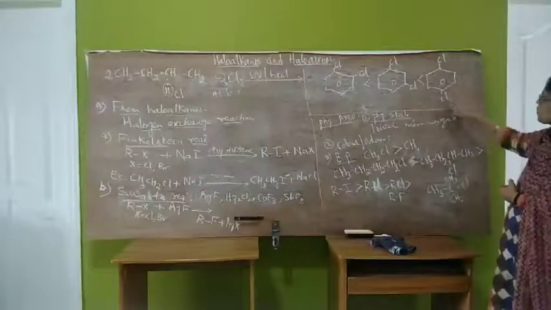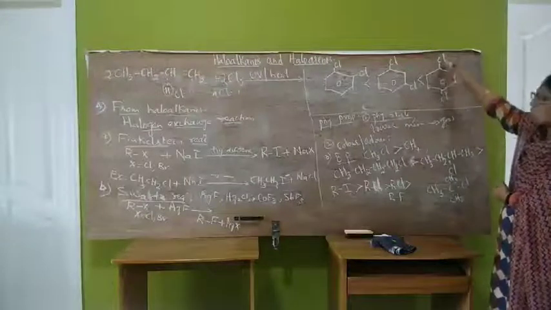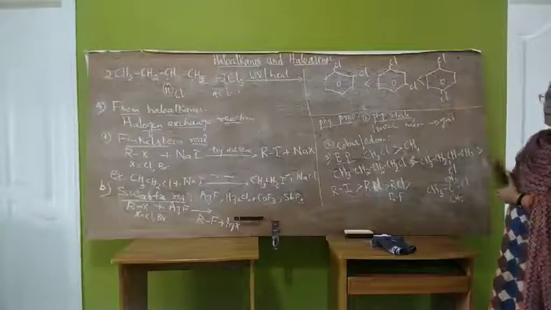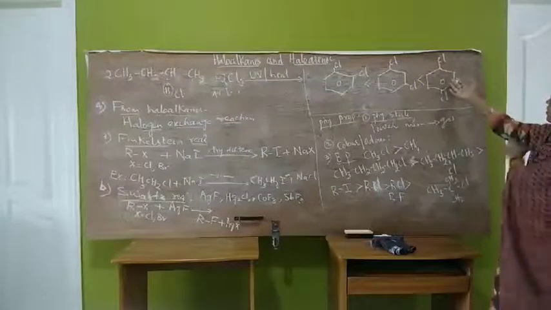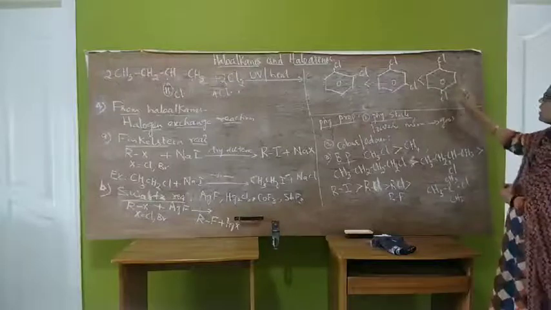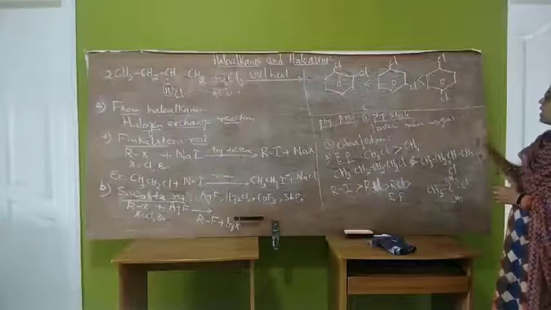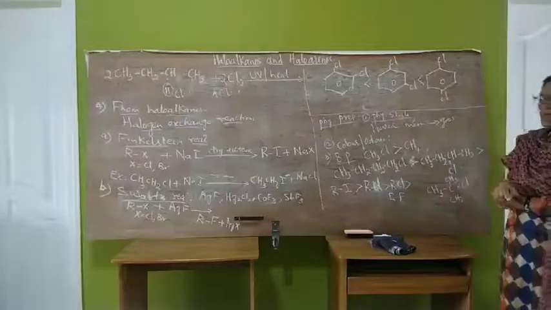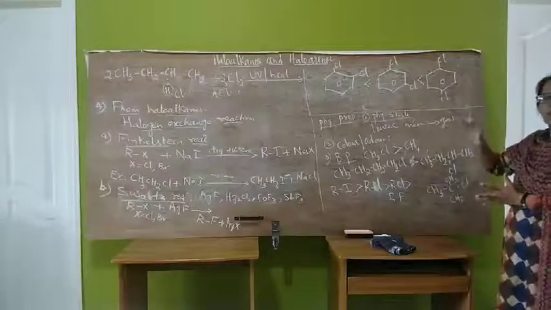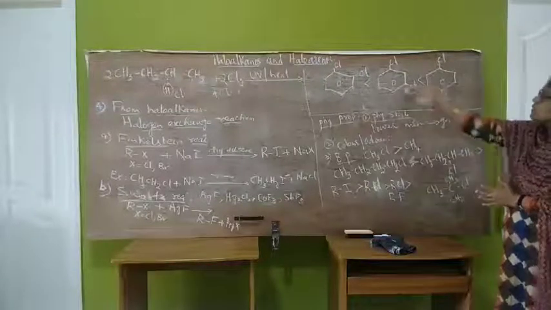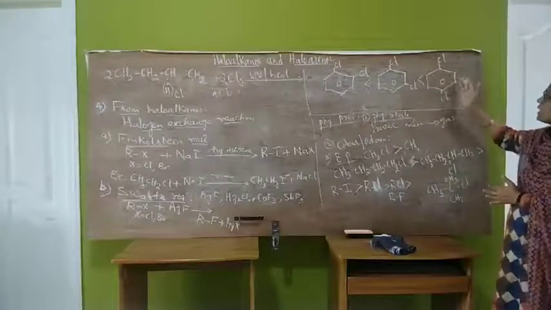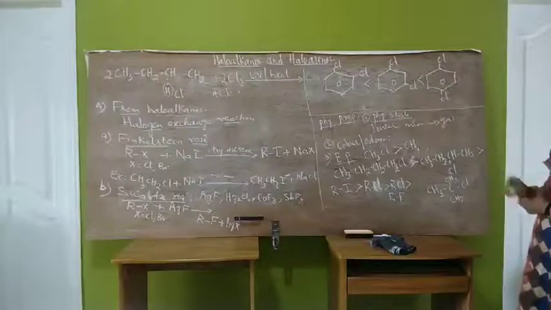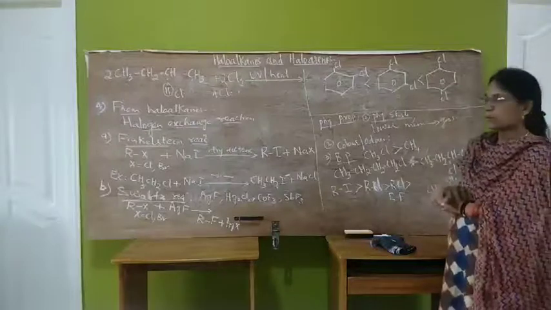Whereas in paradichlorobenzene, they are very far from each other. There is no repulsion between the chlorine atoms. So, there is no steric hindrance here, and that is one reason. And one more reason is this molecule is symmetrical. That means it fits into the crystal lattice better than these. Therefore, stability is more. Therefore, its boiling point is more. So, this is about boiling point.